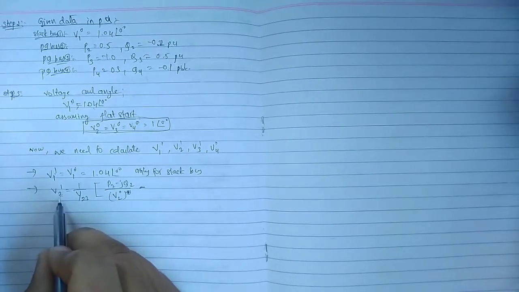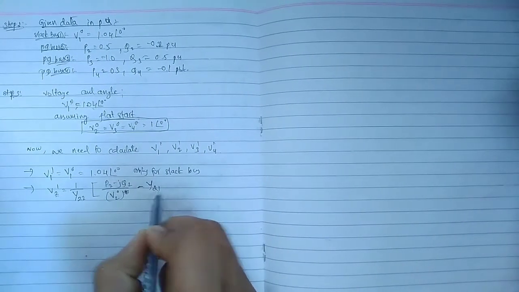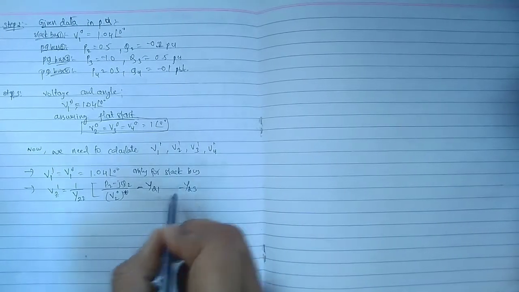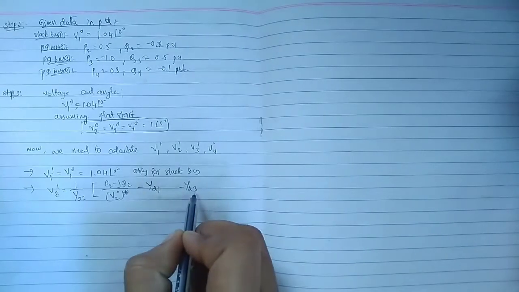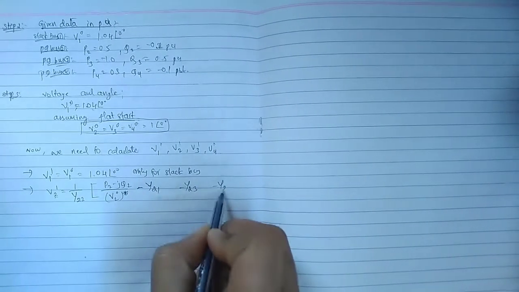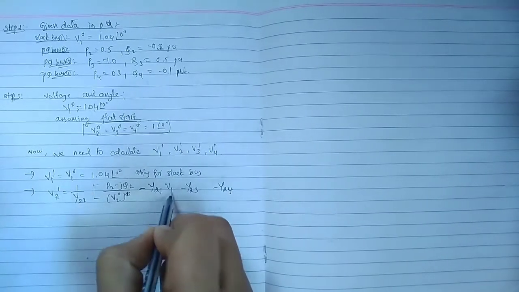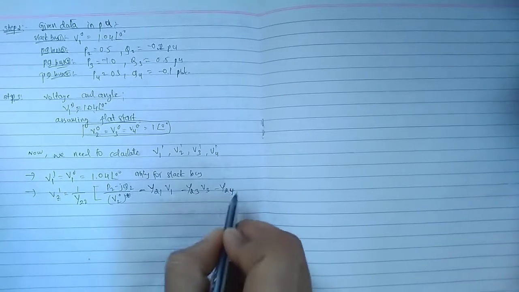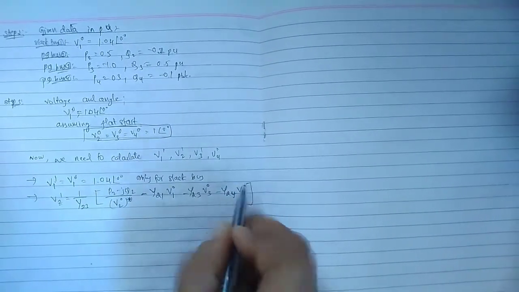Now we are at bus 2, right? What are the bus 2 elements? Y21, minus of Y22, sorry, Y23 we will get. Y22 is already there here, therefore don't write this. Next Y23, then Y24, we don't have Y25. Next we start with V1 and V2, already there here, don't write. Now V3, V4, put 0 0 0 as iteration values.